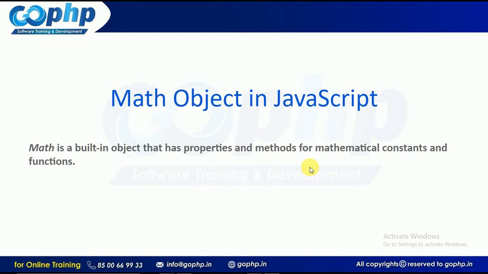Hello everyone, in this session we are going to discuss the JavaScript Math object. It's a predefined object. It contains some predefined properties and methods to get mathematical constants and mathematical functions. Like mathematical functions, in the sense we have trigonometric functions, sine, cos, square root and power, such a kind of